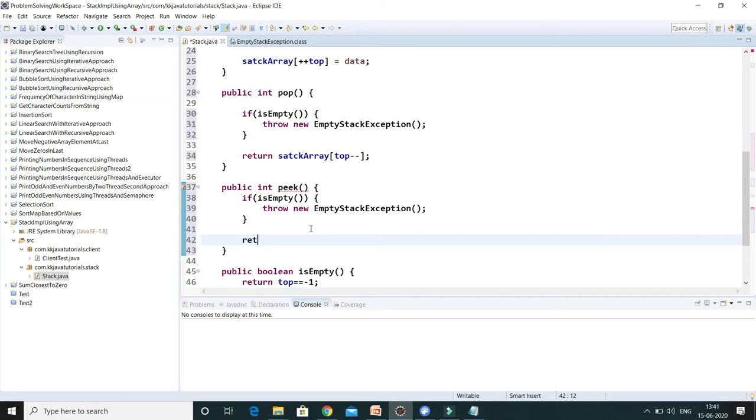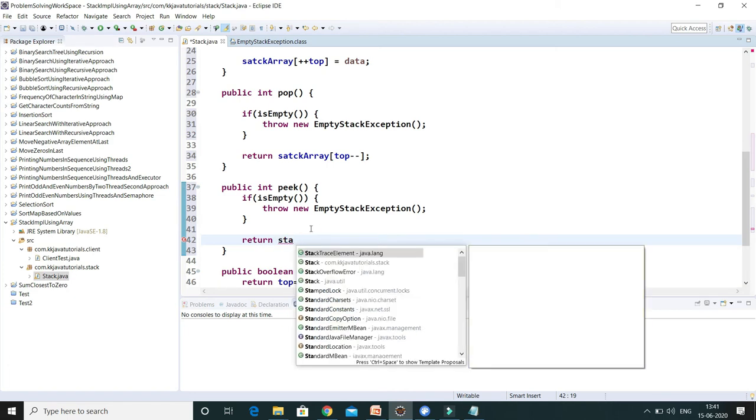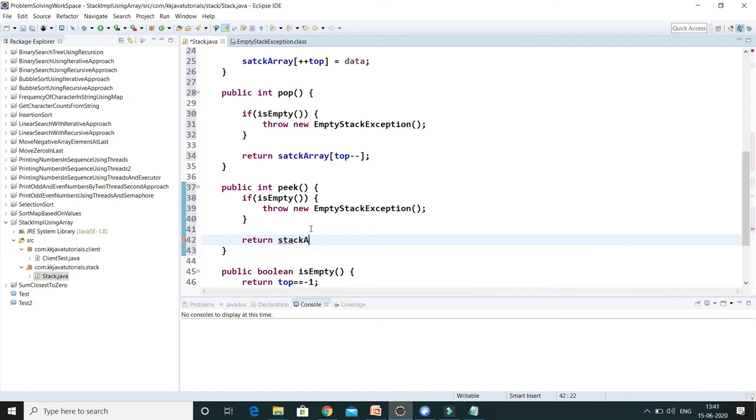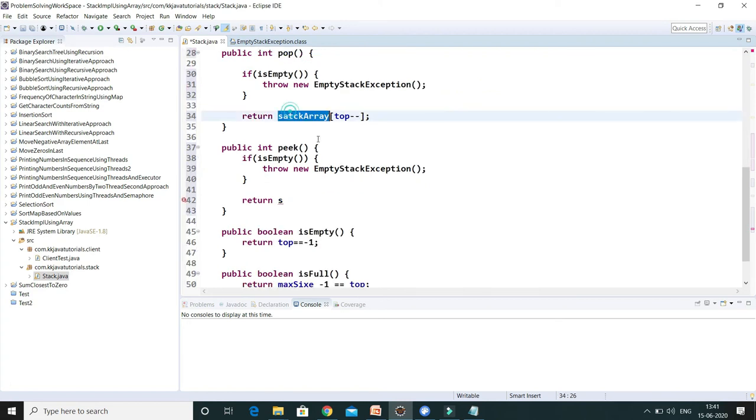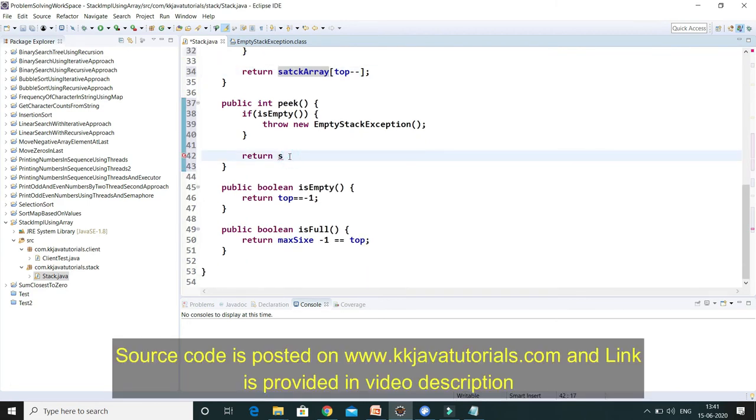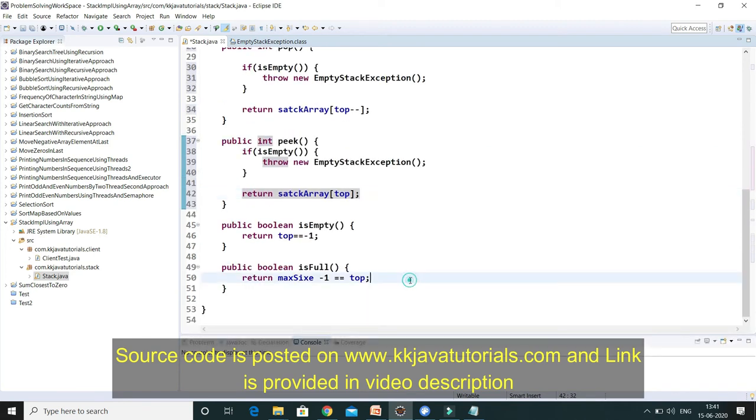Else we return the stack array, stack, sorry, a spelling mistake is there I think. Okay, let it be, no problem. It's just a spelling mistake. So this guy is going to return the topmost item from the stack. So simple, yeah. Now we have almost done the implementation.